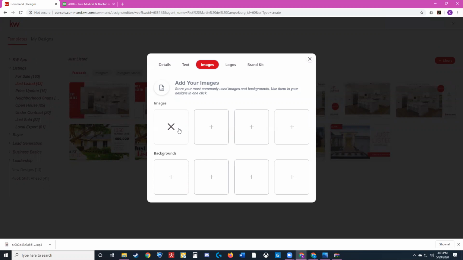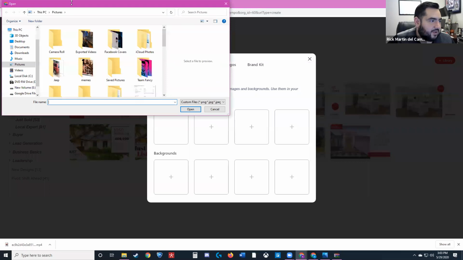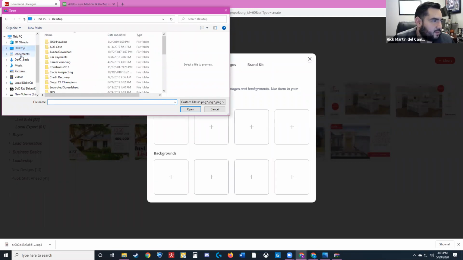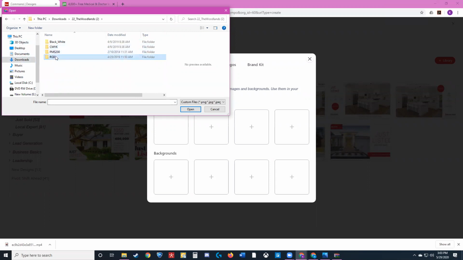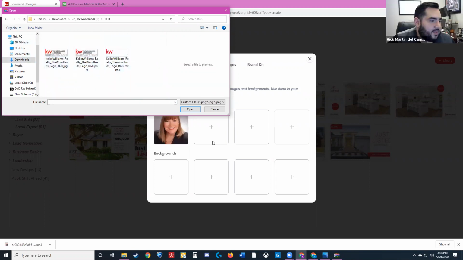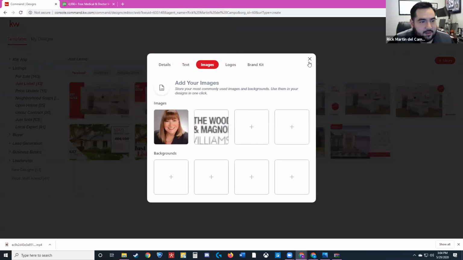Like if you have my headshot. Right. So if you have images that you're constantly going to be using, they're available. You can upload them here. And that way, any image that you upload, so if I've got the downloads, here is the Keller Williams logo. And The Woodlands logo, that was for Janice's purpose. So now that I've uploaded it in here,